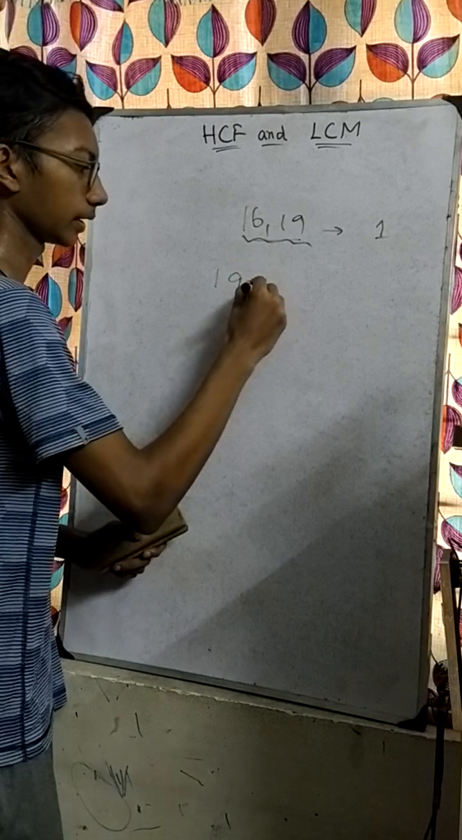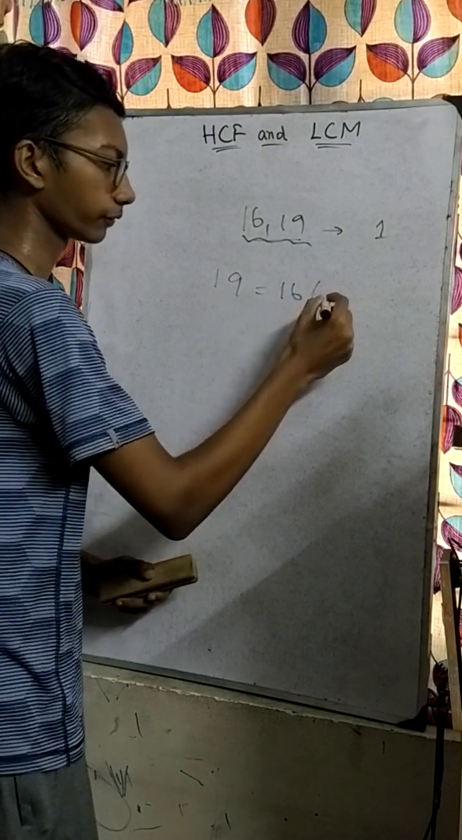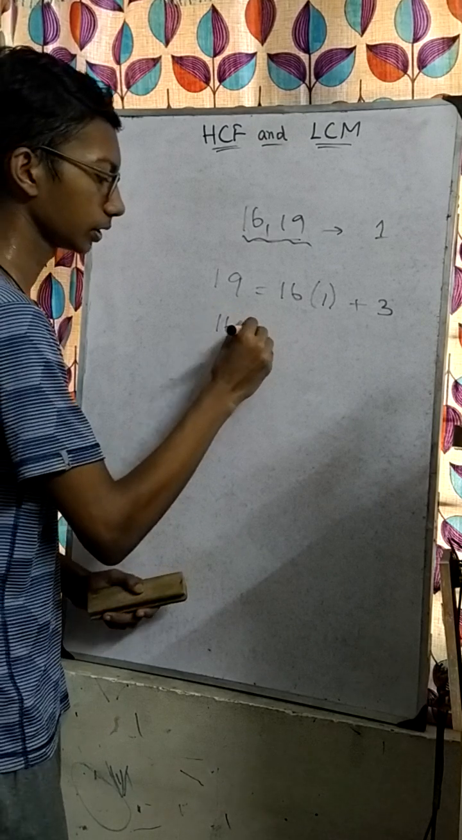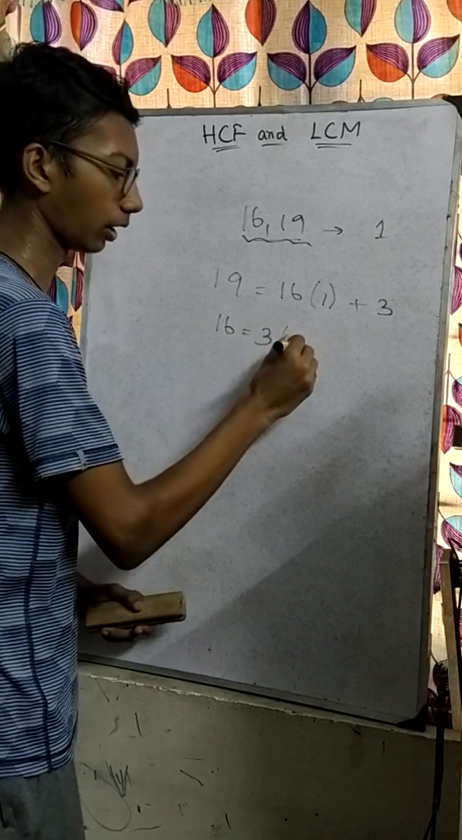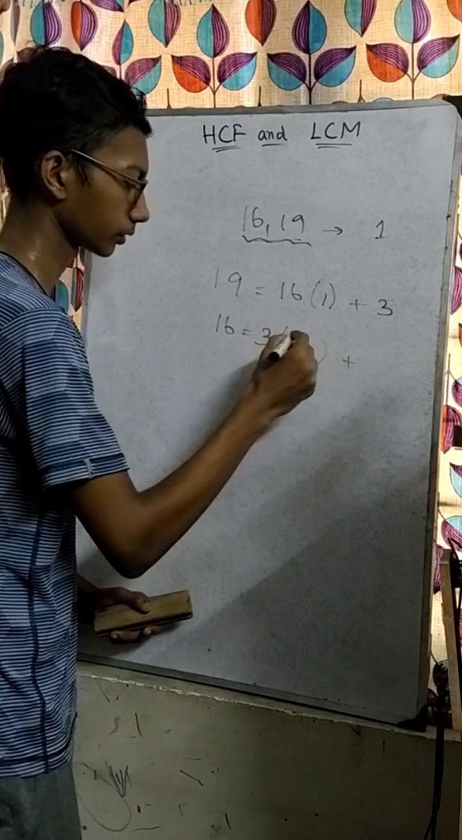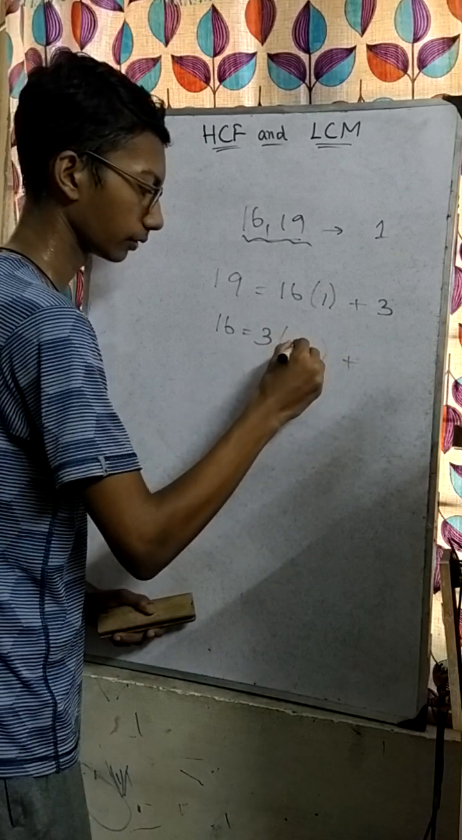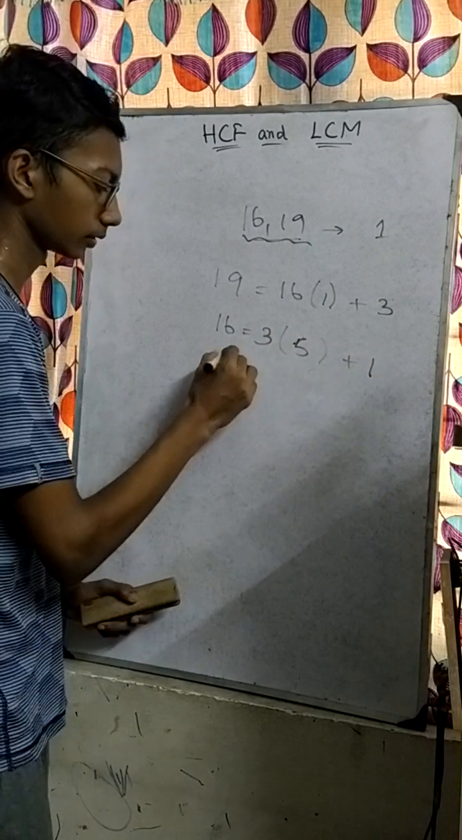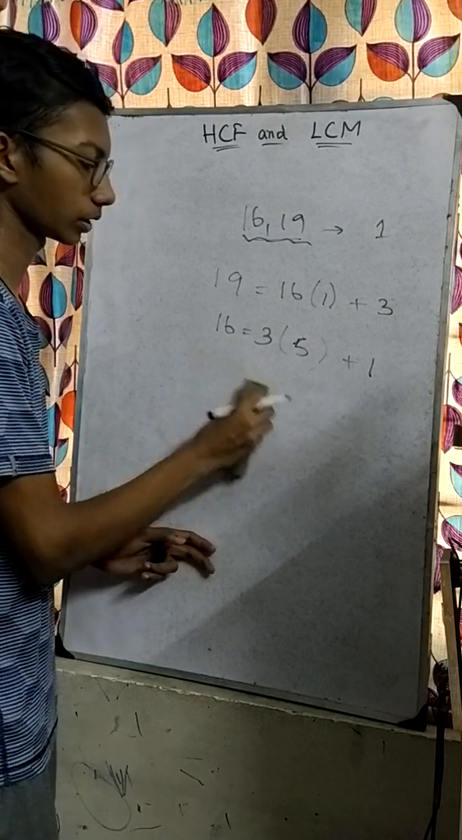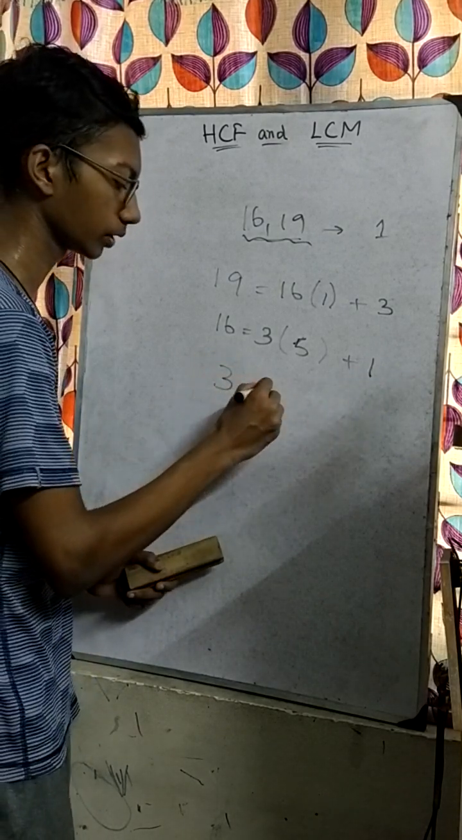Let's say we have 19 equals 16 times 1 plus 3. Now 16 equals 3 times 5 plus some remainder, we get 1. 3 equals 3 times 1. If we get 1 here, that is where we should stop, because if we keep doing this,